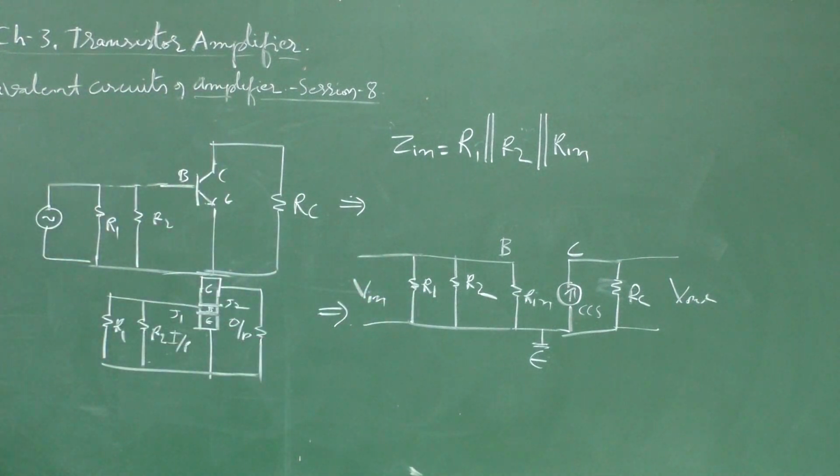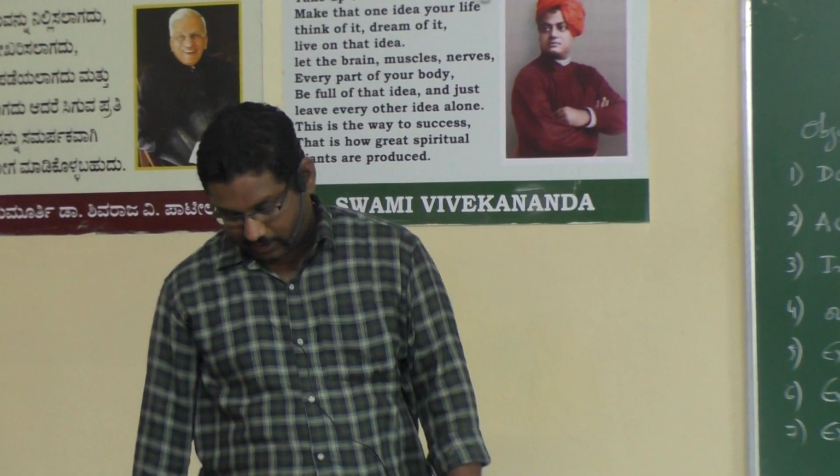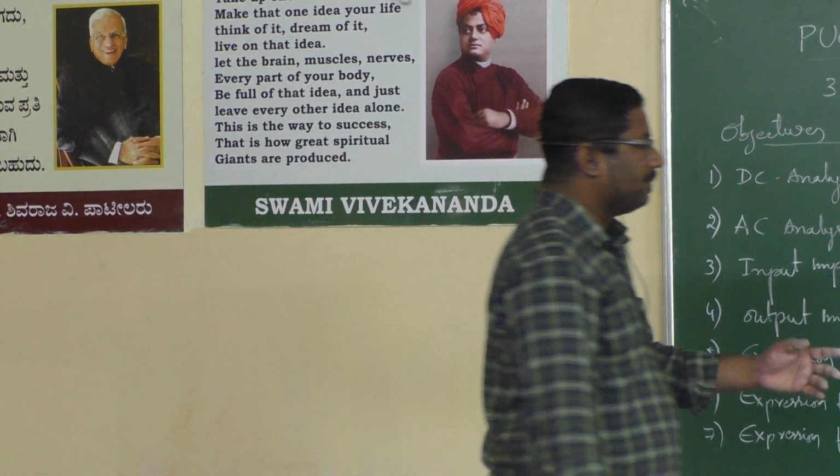Input impedance, the Zin thing. So Zin base is nothing but the third one, Rin. Rin is nothing but Zin, the input impedance across the base. And Zin is equal to Vt divided by the DC base current, Vt divided by Ib, which is equal to Vt into beta divided by Ic. Okay.